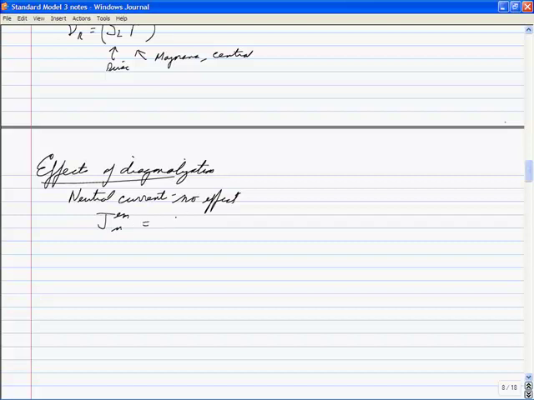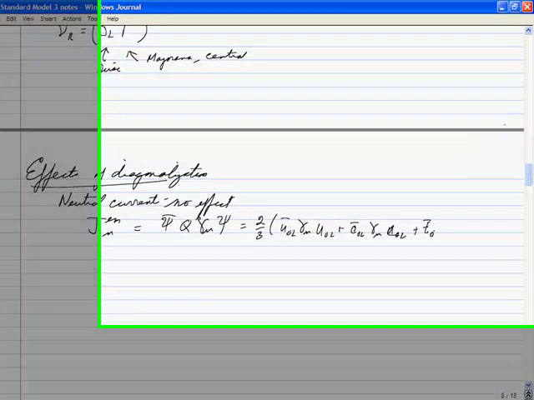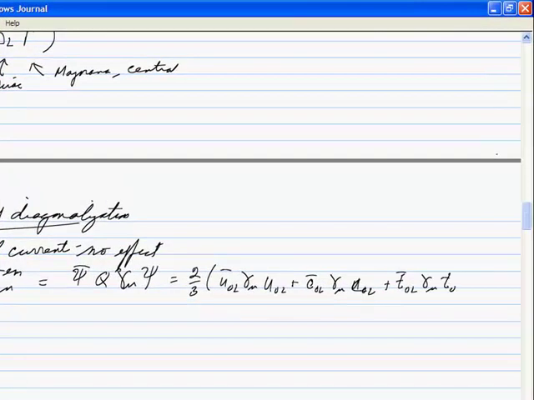The charge is in general psi bar Q gamma mu psi, where Q is the charge matrix, so it starts off with 2/3 U bar 0 left gamma mu U0 left plus C bar 0 left gamma mu C0 left plus T bar 0 left gamma mu T0 left plus left goes to right